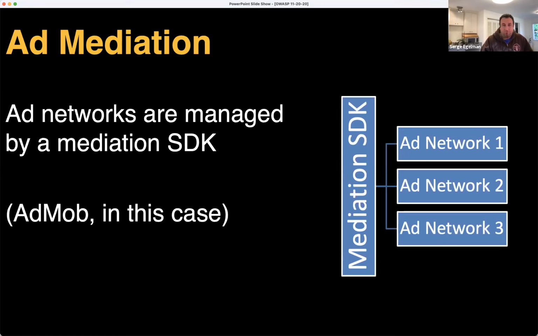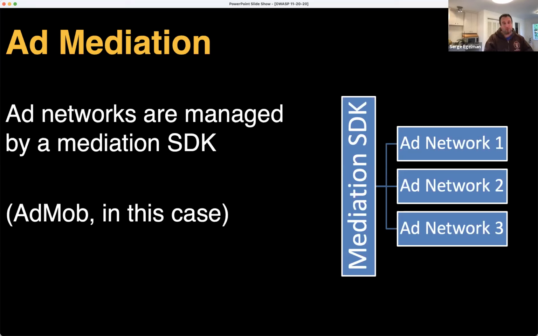For those unfamiliar, if you're an app developer, you want to maximize your ad revenue in your app. So rather than just having an account with one ad network, you get accounts with multiple. But then you pay another company, the mediator, that basically picks and chooses from all of these available ad networks to optimize the ad placement. Maybe under some circumstances, one ad network is going to offer a higher price for one placement, and under different circumstances, another one will. The mediator takes care of that. The problem is, since the mediator is the one that's talking to the ad networks, the mediator also needs to know which flags to send them.